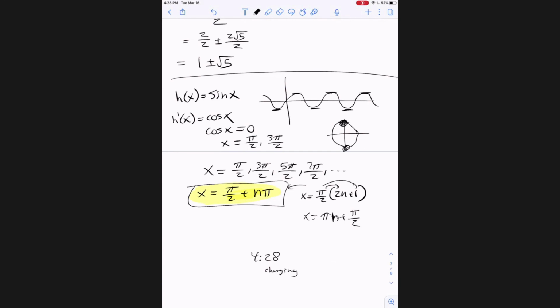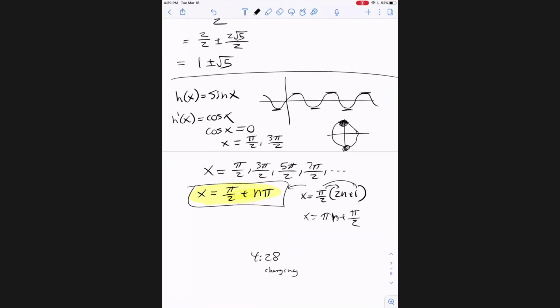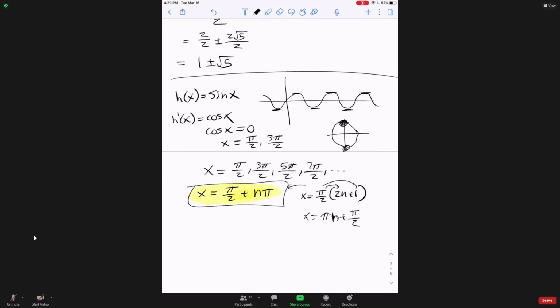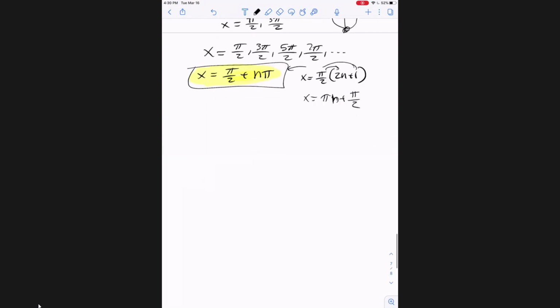All right, I am back. All right, let's continue on here with same section 4.1. We're going to talk about the extreme value theorem. It says if